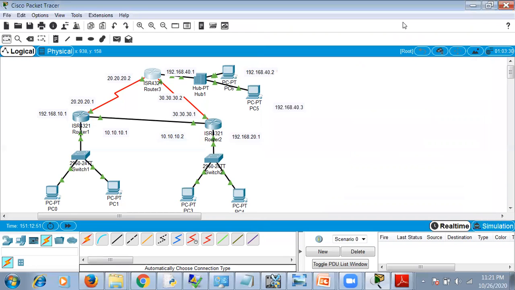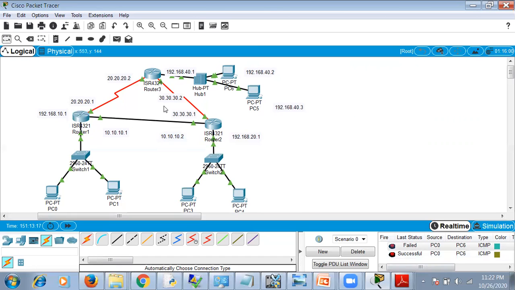So now I'll just send a message from PC0 to PC6. Initially it will fail. You have to send it 2 or 3 times. Okay, so it is successful now.